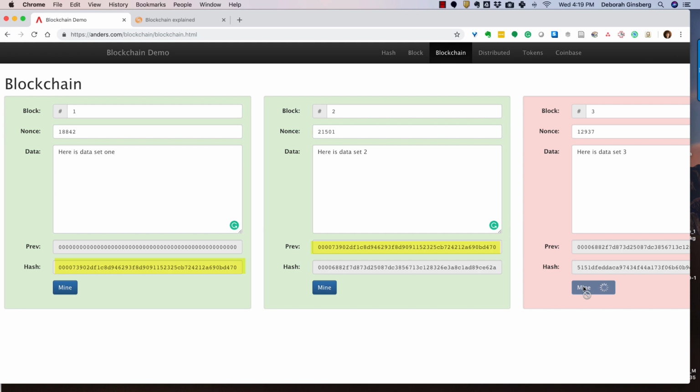So now these 3 blocks are connected together in a blockchain. Once this last mine happens, notice this is actually taking a few more seconds. Even after a few iterations, it becomes a little harder to calculate. But once it does, which it's done now,